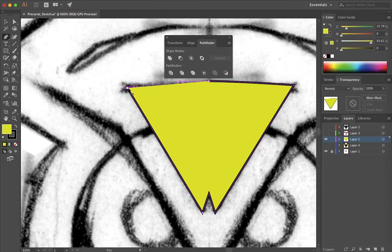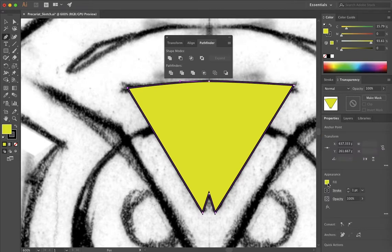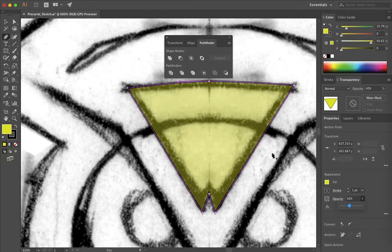And come over here. And you can see that I don't see the part from down below. So I might have to turn my fill, turn the opacity down, I guess. We'll do that so we can actually see it. So now when I come in here, I'm going to trace the inside,